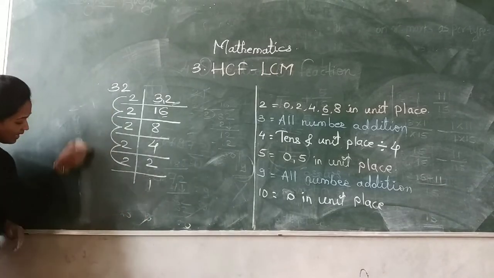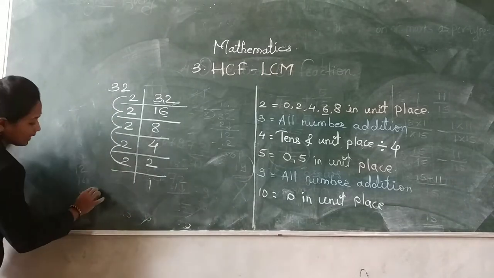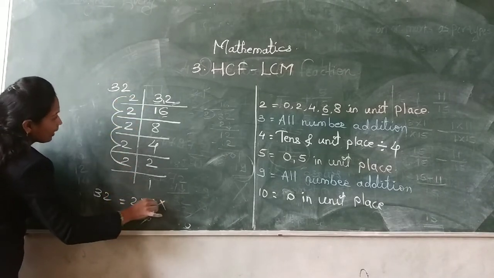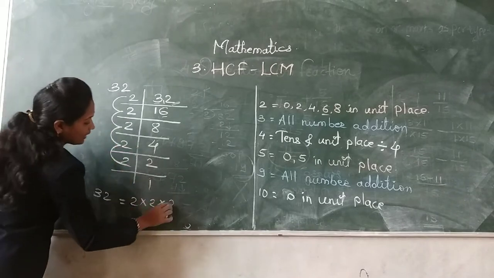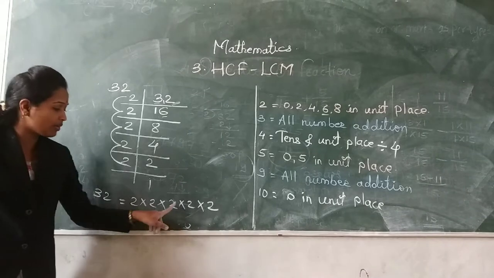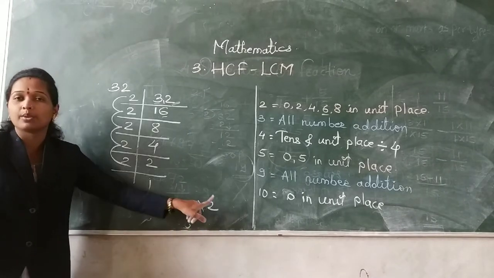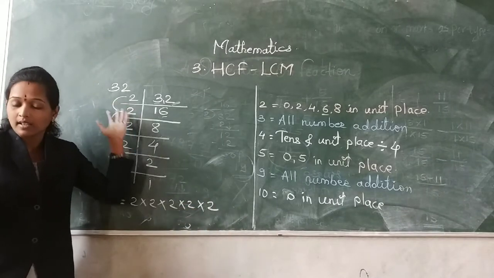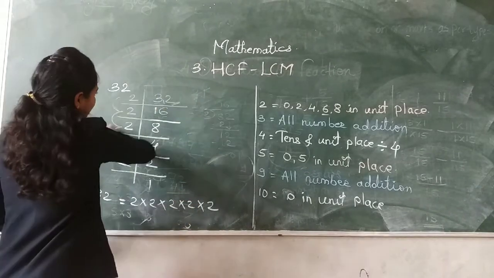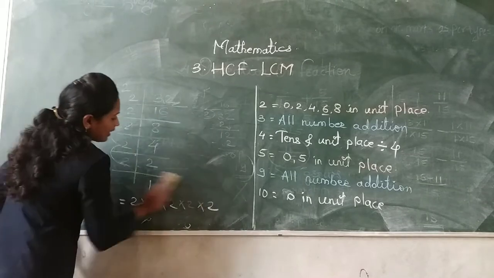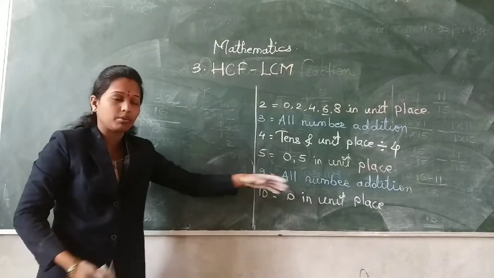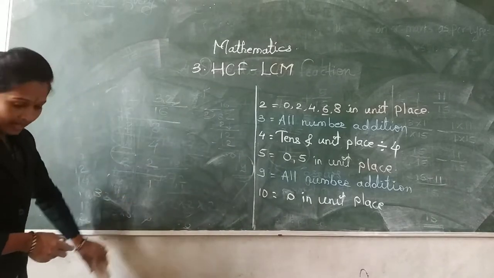So you have to write down here in this way. The question is 32. The factors are 2 multiplied by 2 multiplied by 2 multiplied by 2 multiplied by 2. 2 twos are 4, 4 twos are 8, 8 twos are 16 and 16 twos are 32. Our answer is correct. Okay, only one more example I have taken here, and the other examples you have to solve yourself. But always remember, please learn these tests so it is easy for you to solve the example.